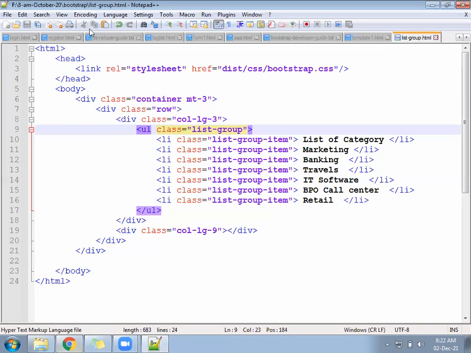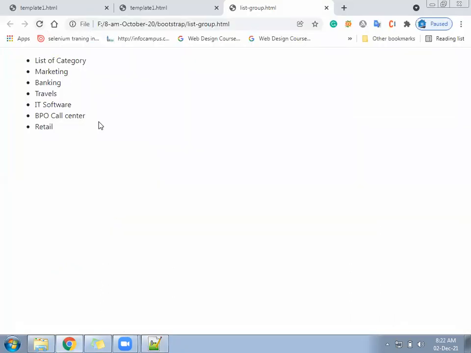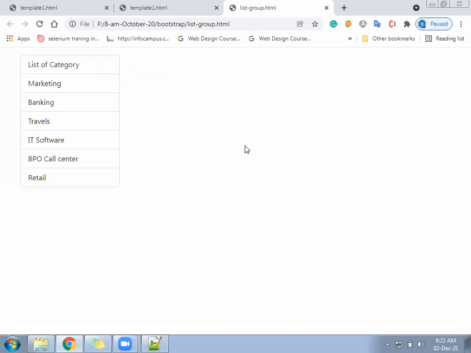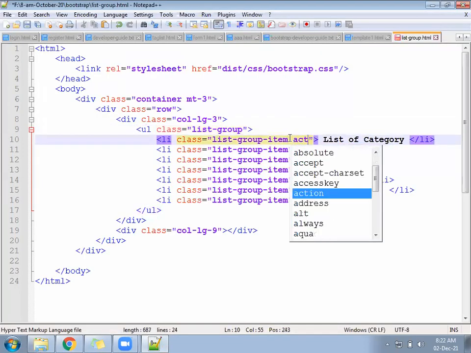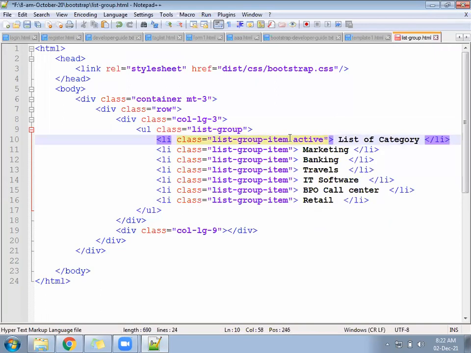Check now how that looks. Something like this. Look got changed. Now we have a class called active. Active class will apply to the first one. It will look blue color.